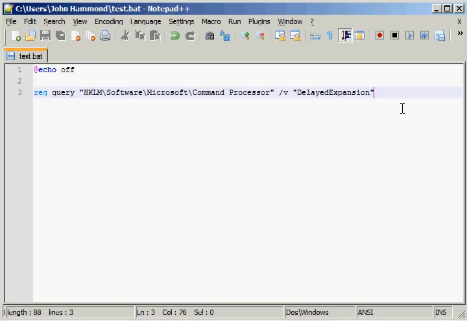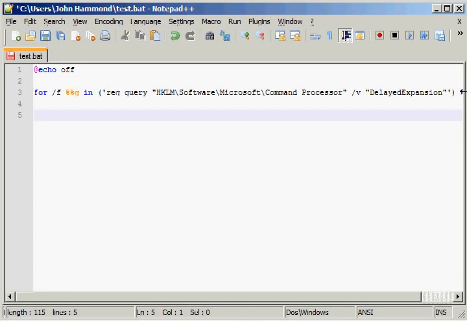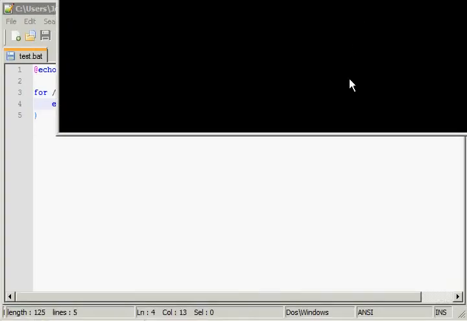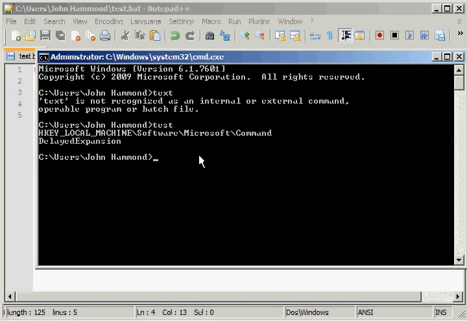Let's actually throw this inside of a for loop for -f, because it's a command, so we can work with that output and try and manipulate it. I'll do -g in regquery, and we'll have the single quotation marks, so we can manipulate it the way we need to, and we can echo out, pretty simple, just that. If I get CMD and try it again, we should have the same output here. Yep. Here it is without any tokens or delimiters, so it's only getting the first information that we see,